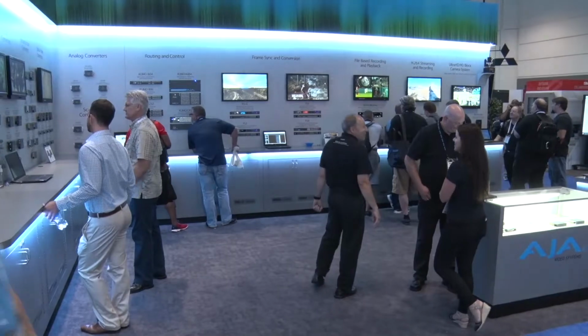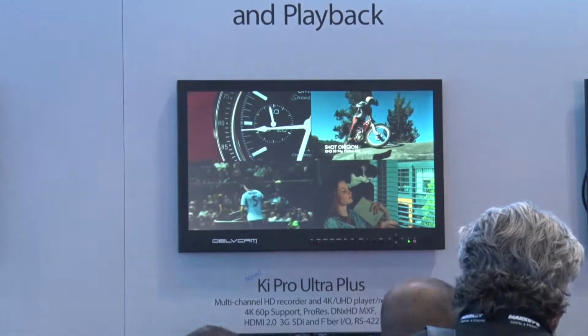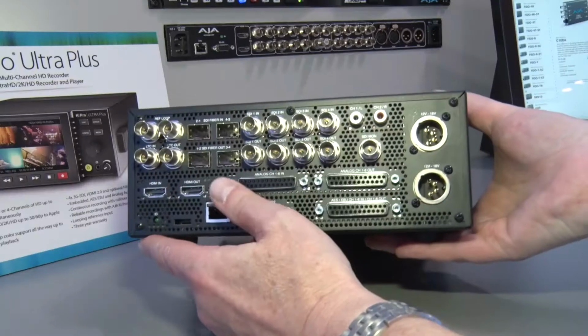You don't need necessarily an SDI router and a bunch of little point-to-point stuff. You can send one signal and have it come out SDI or HDMI or whatever and just flow through the magic of IP. Well, some of our most exciting new products, we announced them at NAB a couple months ago,